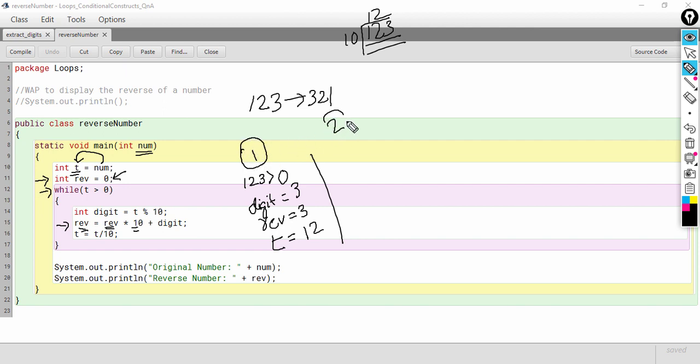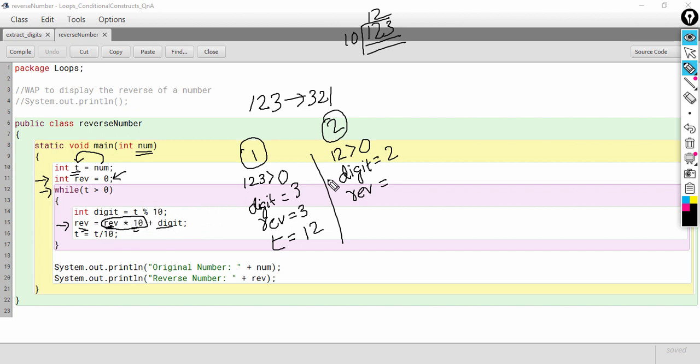In the second iteration of the while loop, the condition t greater than 0 will be checked, and the value of t is 12, greater than 0, so the condition is true and control comes inside. Digit will become 2 now, isn't it? 12 modulus 10 will give me 2. In reverse we will do reverse into 10 plus digit.